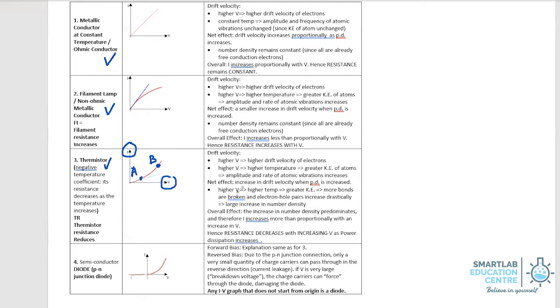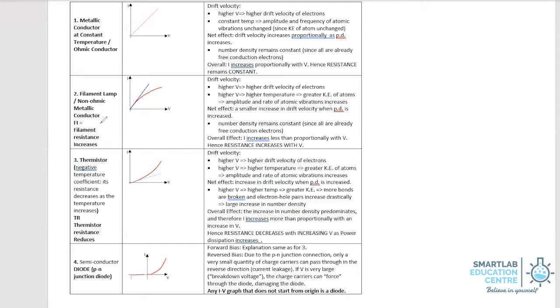At a microscopic level, what is happening is that at a higher temperature, you get greater kinetic energy of the atoms, like we explained earlier. So the vibrational motion of the lattice ions increases, and that impedes the current flow. However, we also know that the drift velocity will increase with higher potential difference, and we also expect a significant increase in the electron density. The increase in the electron density outweighs all other factors. That's the reason why the current increases more and the resistance drops.